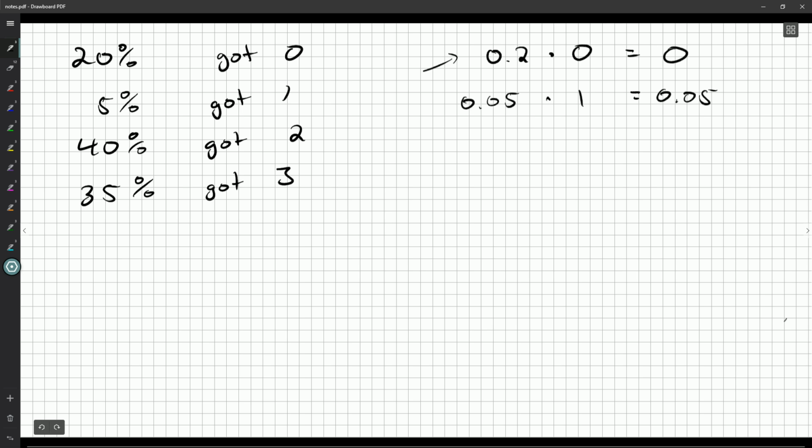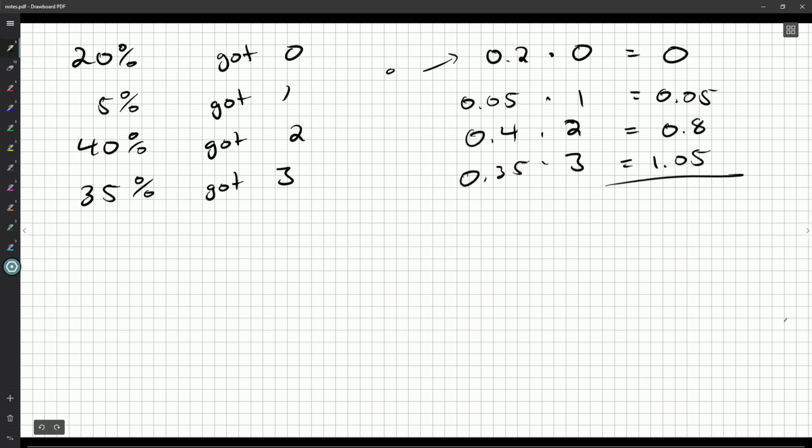How am I getting these numbers here? Percents are measured out of 100. So this is really 20% divided by 100%. The percents cancel out and you get 0.2. Okay? So similarly, we'll get 0.4 and 0.35. Okay? So the students who got 2 contribute an overall 0.8 to the total mark. The students who got 3 contribute a 1.05, and if we just add all this up, okay, we'll see we'll get